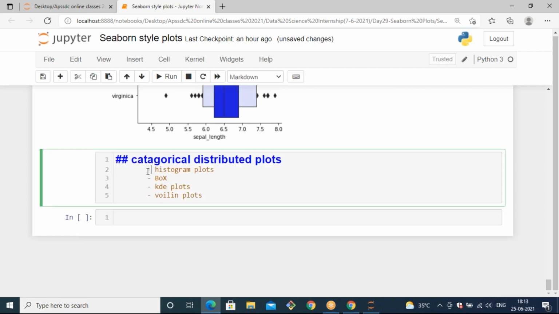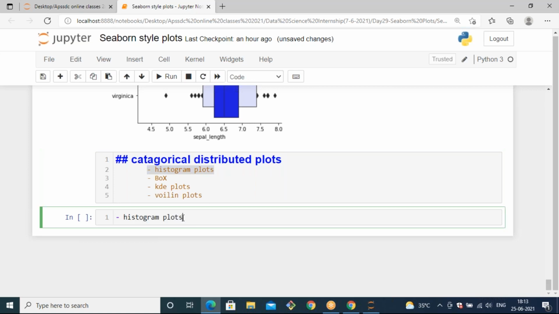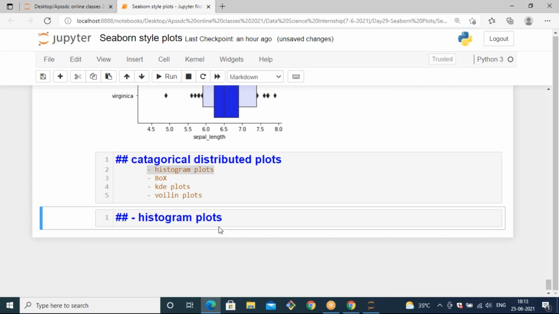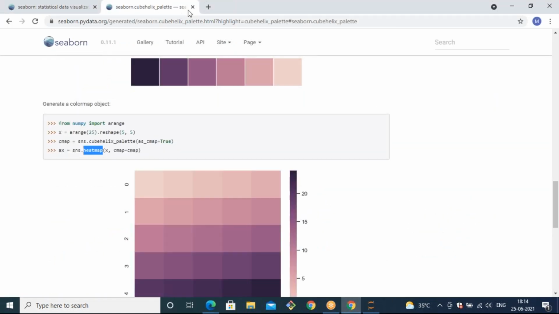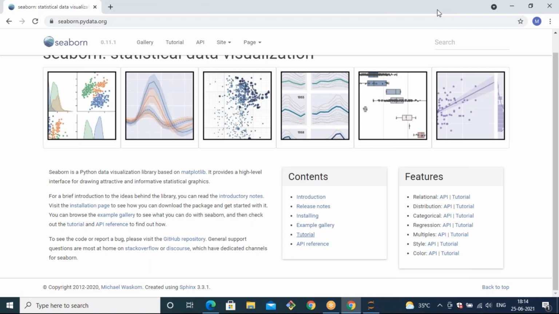We are going to see histogram plots first because we already discussed histograms. Let's see again. For histogram plot we have a syntax. Before that we have to see the basic documentation for histograms so that you will get more information.